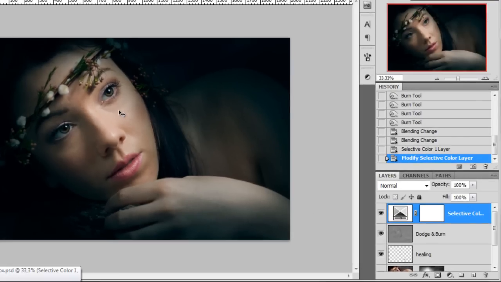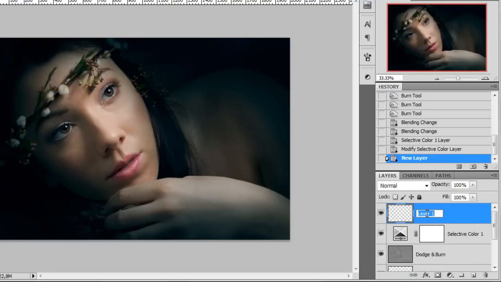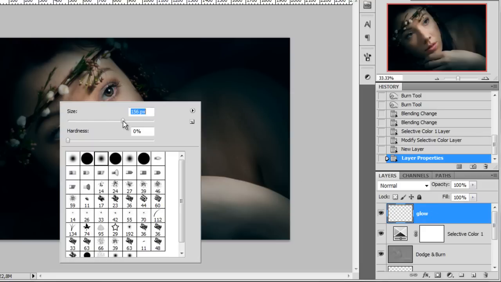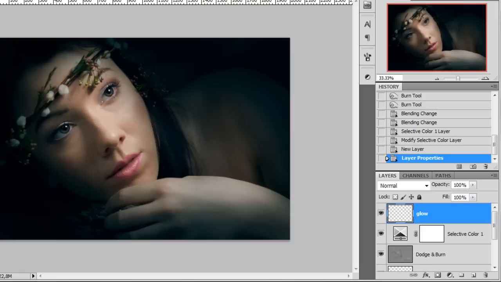The next thing you can do is add some light effects. I created a new layer and I think I called it glow, I don't remember. And use a soft brush. Make sure the opacity and the flow are at 100%. Change the blend mode of the layer to color dodge